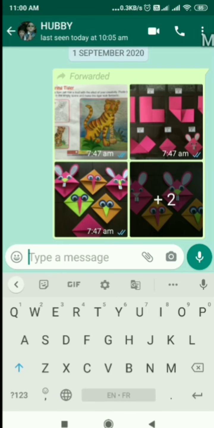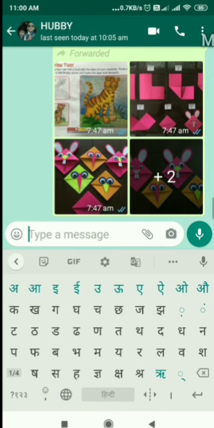This is also an English one. And now this is ultimately your Hindi keyboard, and you can type anything over here.